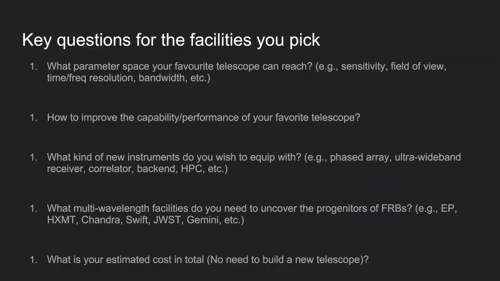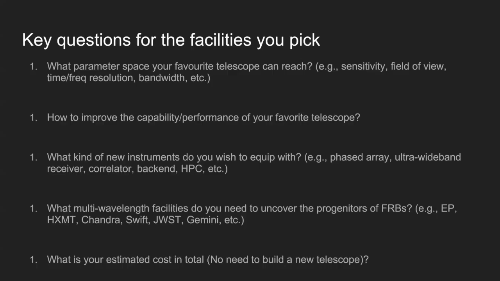Think about this. Actually, 5 questions. Sorry for the wrong number list. 5 questions. What parameter space can your favorite telescope reach? For example, sensitivity. FAST is the most sensitive telescope in the world. The field of view is so cool. How to compete with this? And ask that in offline monitor. And you think about the time and the frequency resolution. That determines how you observe and what observing scope you can get, and what bandwidth you need. You have to build ultra wide bandwidth, but that's very